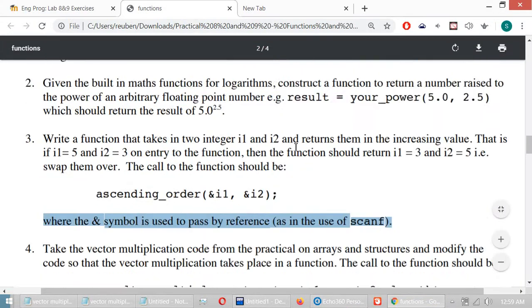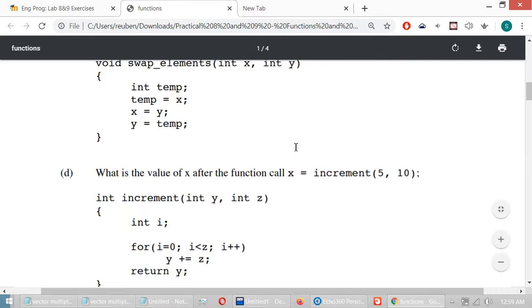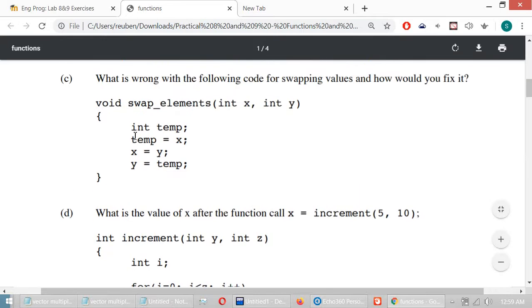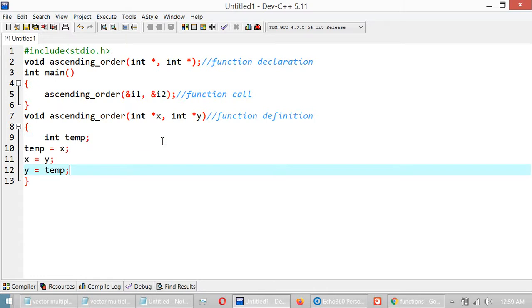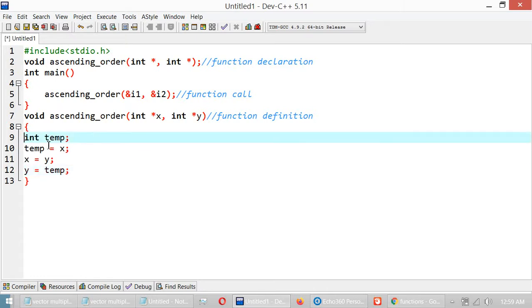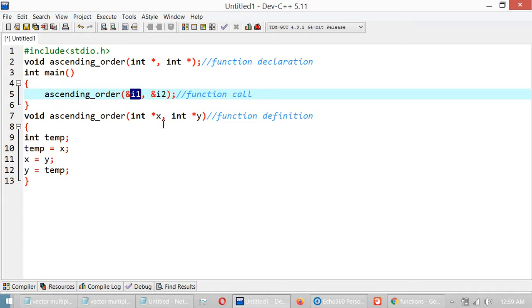So let's look at the example that was given. We can reuse this function over here. You see this swapping elements, we can reuse this function down here. So use X and Y. The first question that a lot of students ask me is, sir, how come you use I1 over here and how come you use X? The easy reason is that this is pass by reference, so you are sending the address of I1 to X. You are sending the address of I2 to